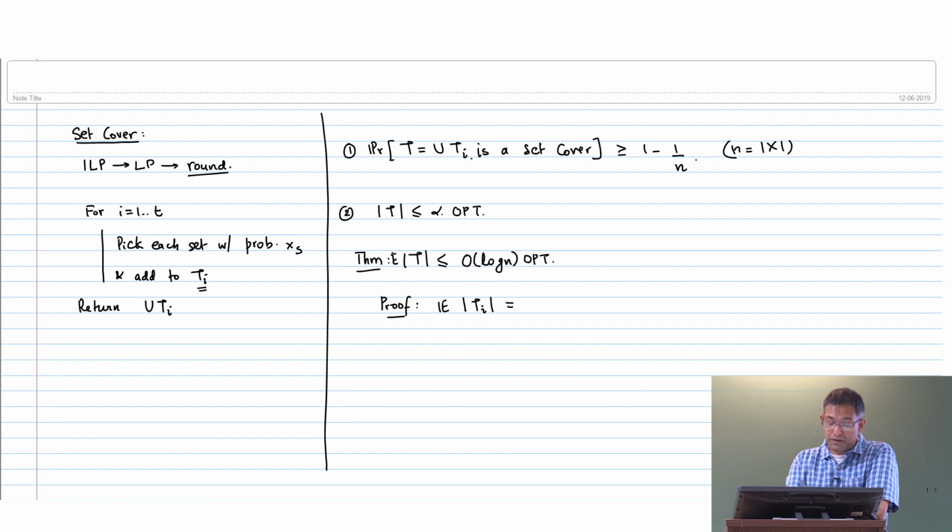So the expected size of a set in one round is just sigma x sub s, because you interpreted the variable x sub s as the probability of picking the set. Then the expected size of the set you return in one round for particular i is sigma x sub s, right. This is by